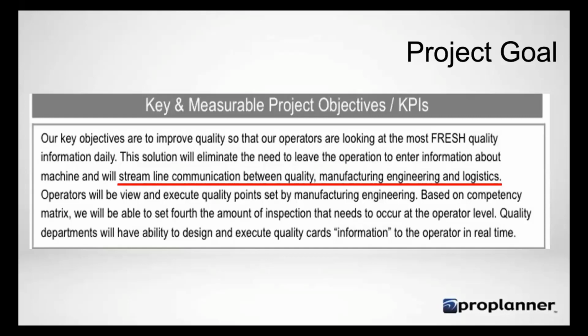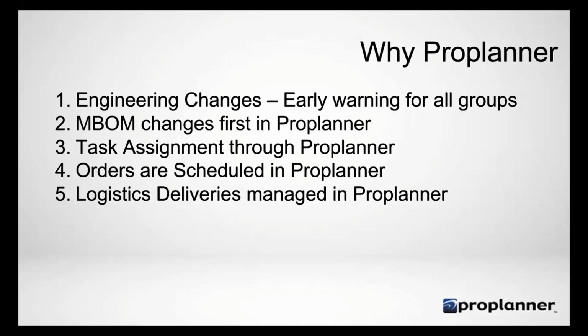And so one of the objectives that was given to us is how do I streamline communication between quality, manufacturing, and logistics, right? So we have assembly planner that's doing manufacturing. We have quality, those are work steps within assembly planner, logistics is right? So these are the three key components that we wanted to work on with CNH and get through this quality issue that we're having. So, you know, we have engineering changes already in the system.